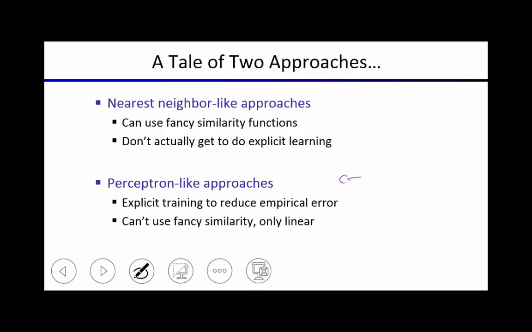Perceptron-like approaches at training time do more than that. They cycle through the training data and optimize the parameters of your decision boundary to do as well as possible on your training data, while maybe tuning some hyperparameters based on your holdout data, to then hopefully do as well as possible on your test data, right? So it's a very different kind of approach. Here you have a real kind of training phase, and here